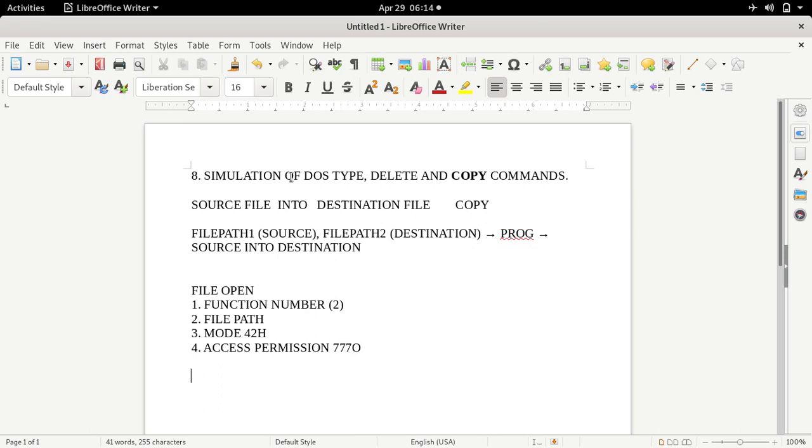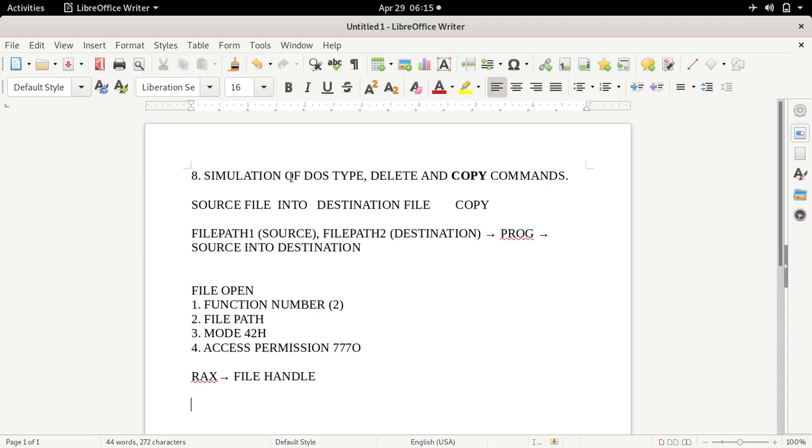If the file open operation is successful, then the file open system call will return one value in the Rx register. That value will be a file handle if it is positive. So what is a file handle? It is a unique number assigned by the operating system whenever some file is opened or created successfully. So if the file open operation is successful, the Rx register will contain the file handle, which is a number allocated by the operating system to the file which we have opened.